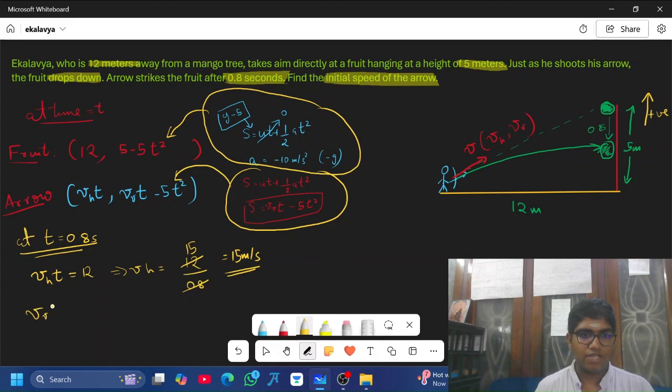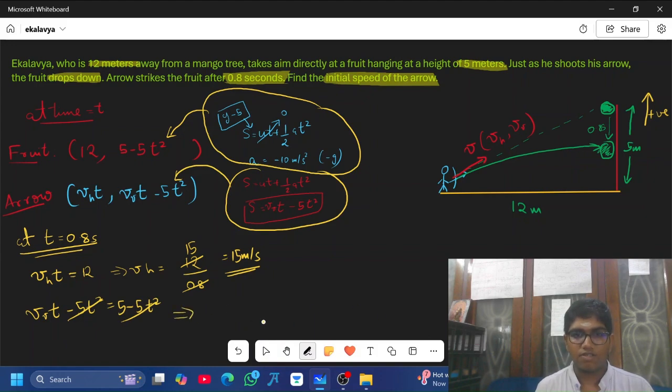So Vv into t minus 5t square equal to 5 minus 5t square. The 5t square part cancels on both sides, and we get V vertical equal to 5 by 0.8, which is 50 by 8, which will be